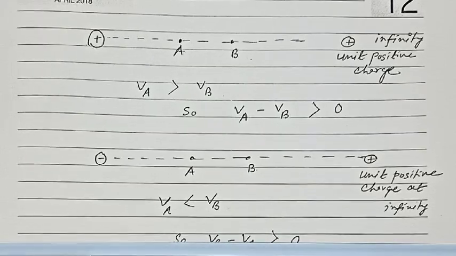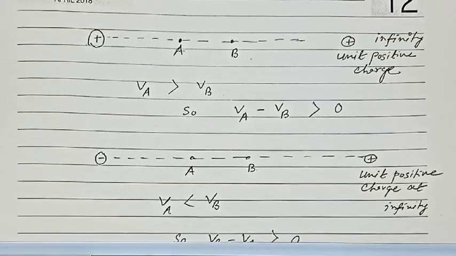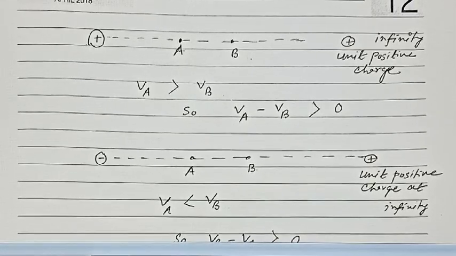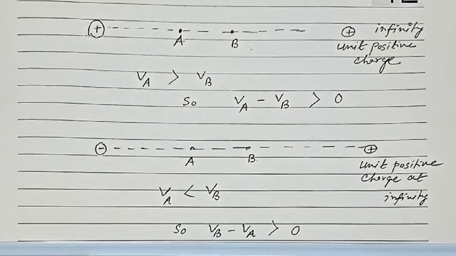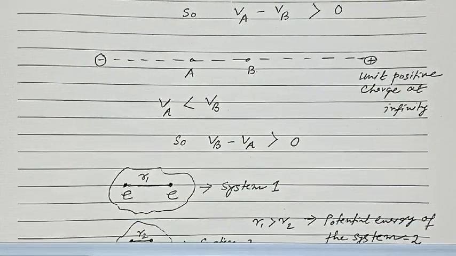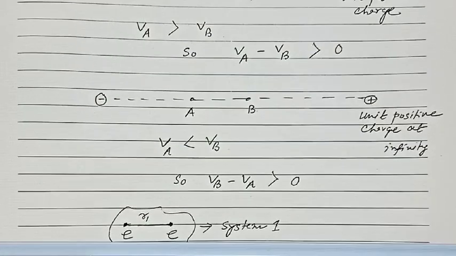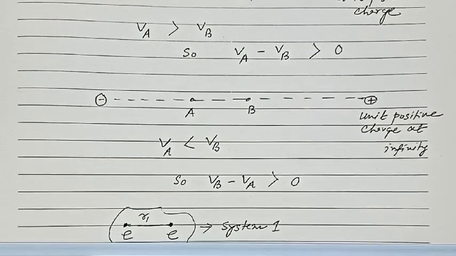Dear students, today our topic of discussion is electric potential and electric potential at a point due to an electric dipole. In Class 10 standard, you have already learned what electric potential is. It is the amount of work done in moving one unit positive charge from infinity to that point.